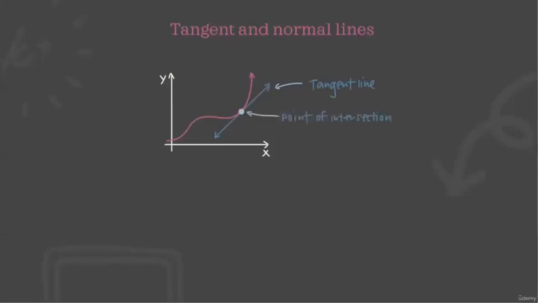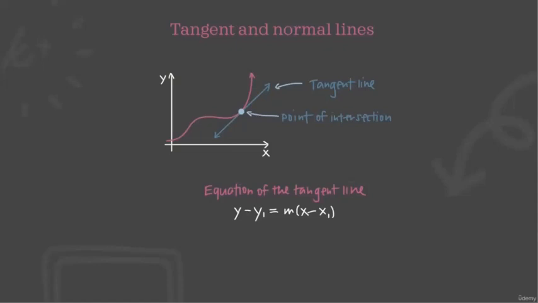So imagine we have a simple graph in the xy plane. The tangent line to a function is a line that touches the graph of a curve at exactly one point without crossing the graph. And in order to find the equation of a tangent line, we just need the value of the derivative at that point of intersection and the coordinate point of the intersection. Then we can use the formula for the equation of a line in point-slope form to write the full equation